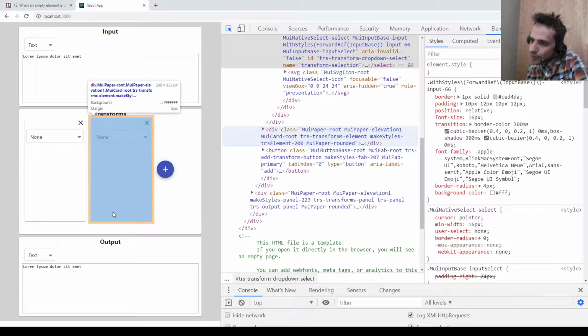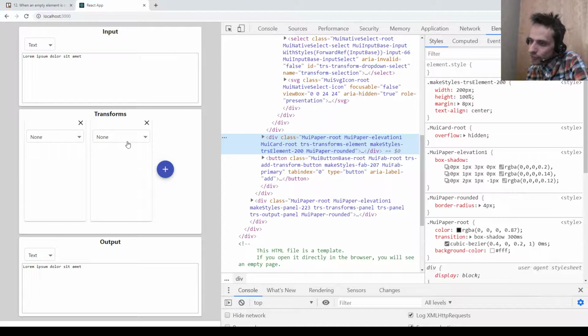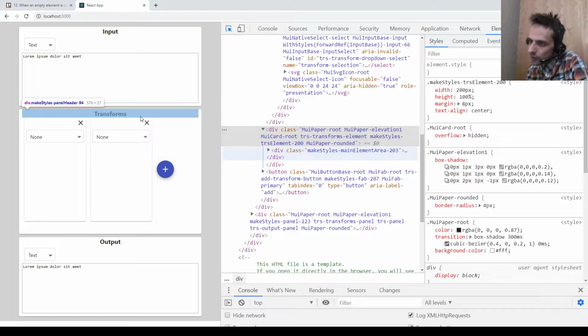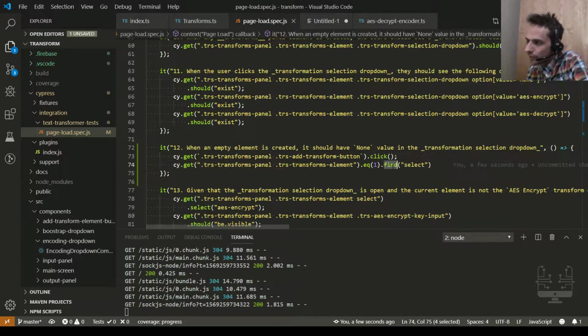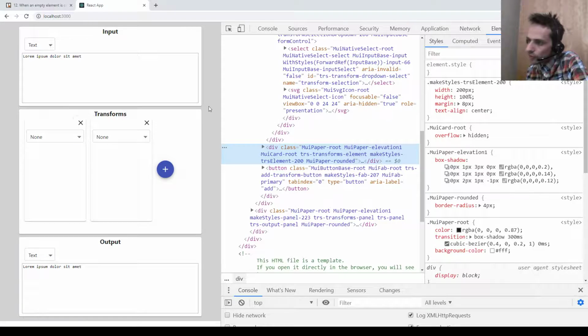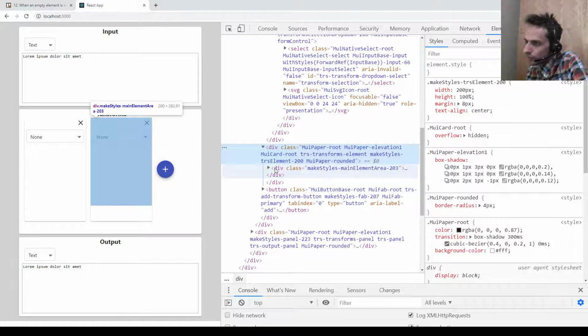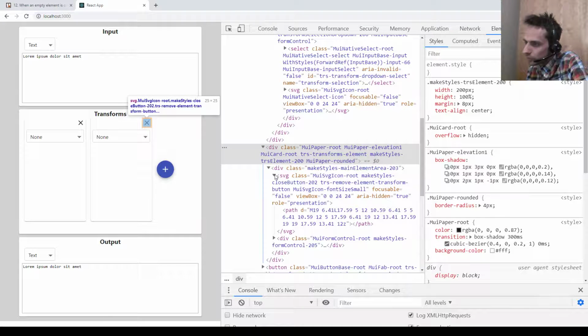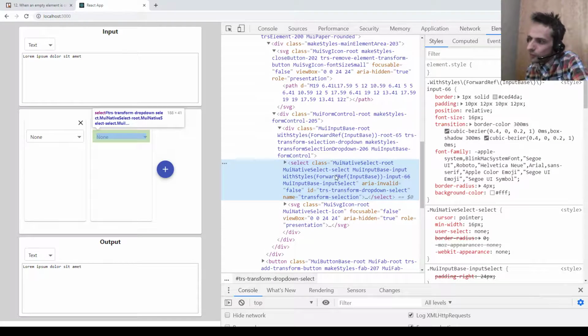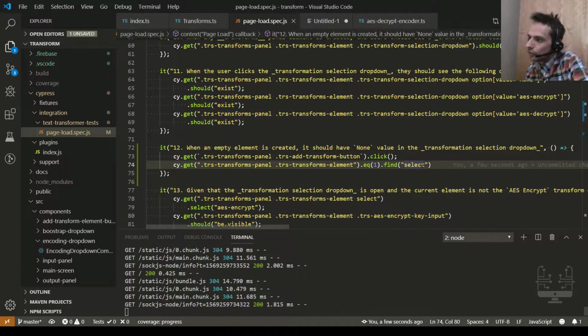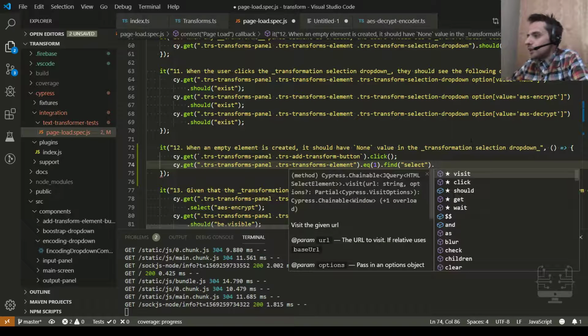So we need this element. So I first select this transform element, which is this card, the whole card. Then inside this element I use find to find a select element inside of it. Inside of this card I'm looking for a select element. So it's looking for a select element here, and it gets this select element, which we now need to, what?